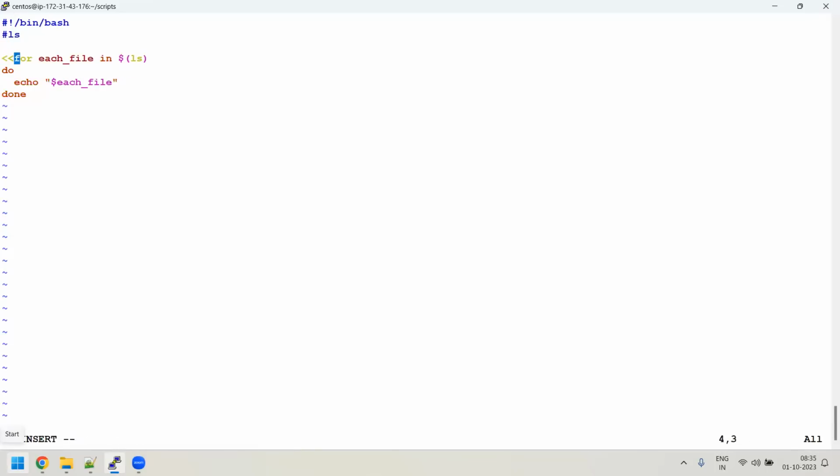Whenever you want to comment lines, you know that I have to use a double less than sign and some string, something like multiple line comments, say M comment. And at the end, you have to use the same M comment, right? It means that all the lines under these are commented. Now I'll use a for loop. One more, I'll write for variable name each_file in option, I'll use a dollar, open the bracket, ls,